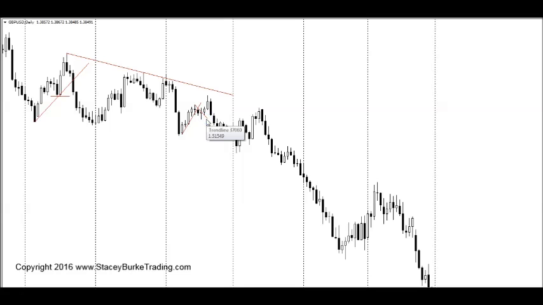If you're not familiar with this, I suggest that you get Al Brooks' Trading Price Action bar by bar. I'll leave the link in the description below. Al Brooks is probably the definitive price master in terms of going bar by bar and looking for these micro trend lines, trend line breaks, retests of the highs or lows, and then either the follow through or the failure of that marginal new high. When we see the retest and the failure and the break of that retest micro trend line,